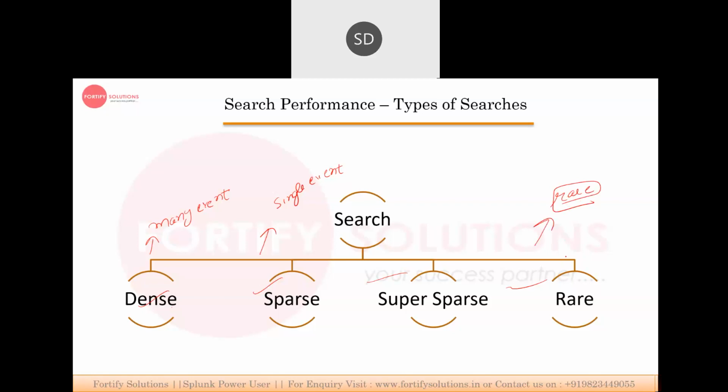Already does this, which is having a least value, in which we are trying to find a least value. But in this kind of search that we are discussing, a super sparse search, which has single events also, there are many single events from which we have to find the data. So why are we using this type of search? Because this data is on the basis of the raw event search. So we have to retrieve the events from the indexes.